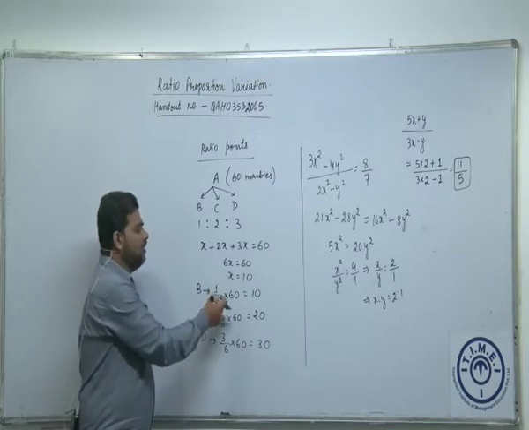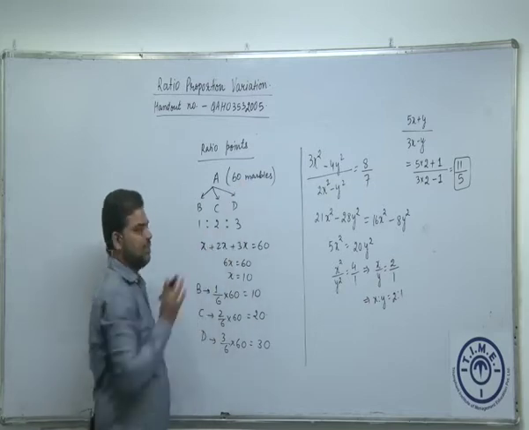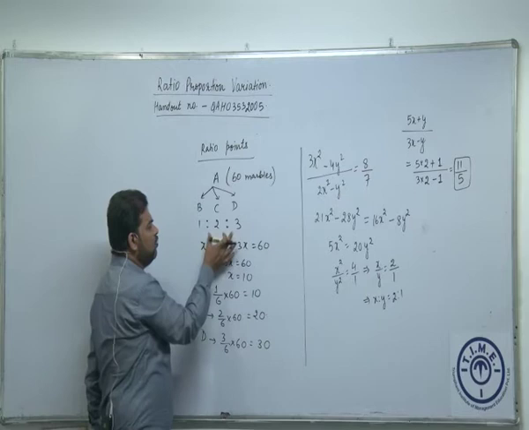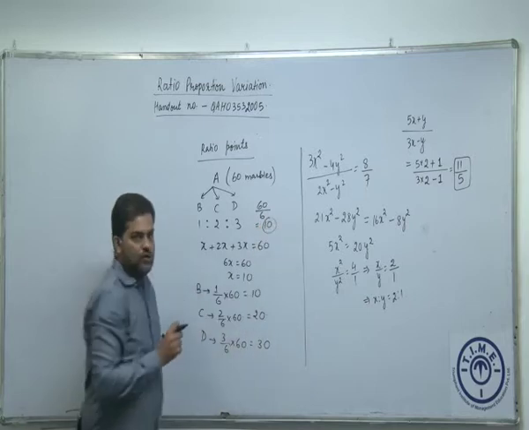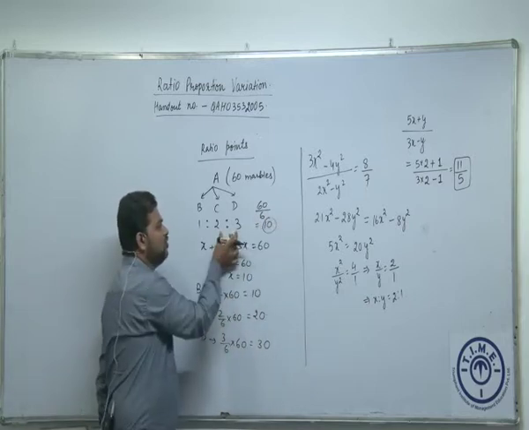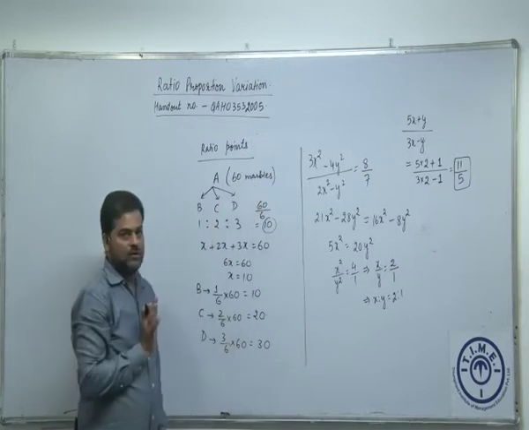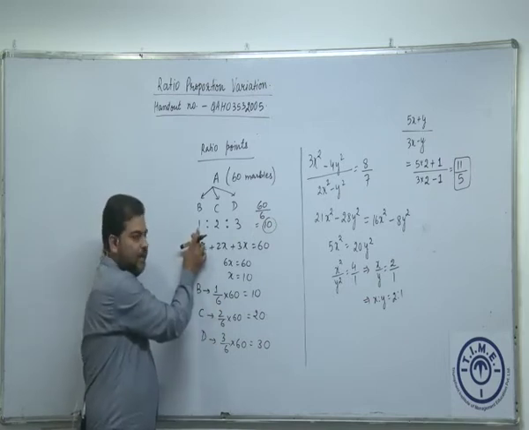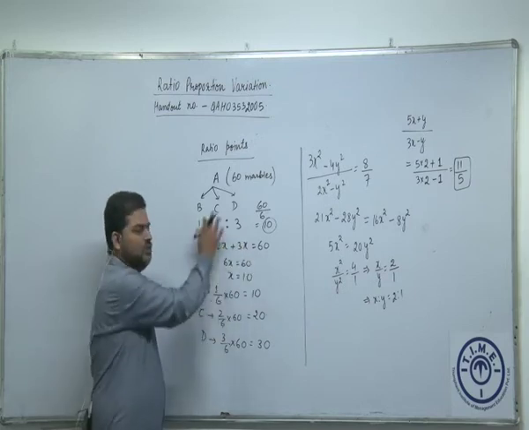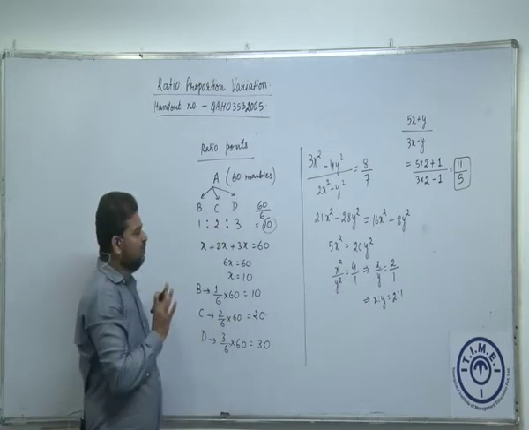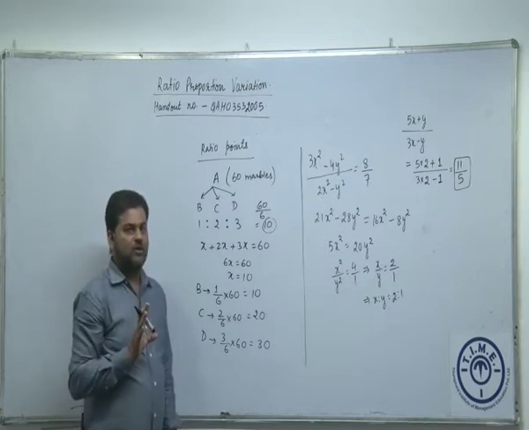You can look at it in a different way. Total number of ratio points is 6 and total number of marbles is 60. So let's divide 60 by 6 ratio points. 60 divided by 6 is equal to 10. So we are essentially saying that 6 ratio points is equivalent to 60 marbles, so 1 ratio point will be equivalent to 10 marbles. Therefore 1 ratio point means 10, 2 ratio points means 20, 3 ratio points means 30. So our job is done. Can we do this mentally also? Yes, we can. So just remember the concept of ratio points. We'll do a few examples based on ratio points.